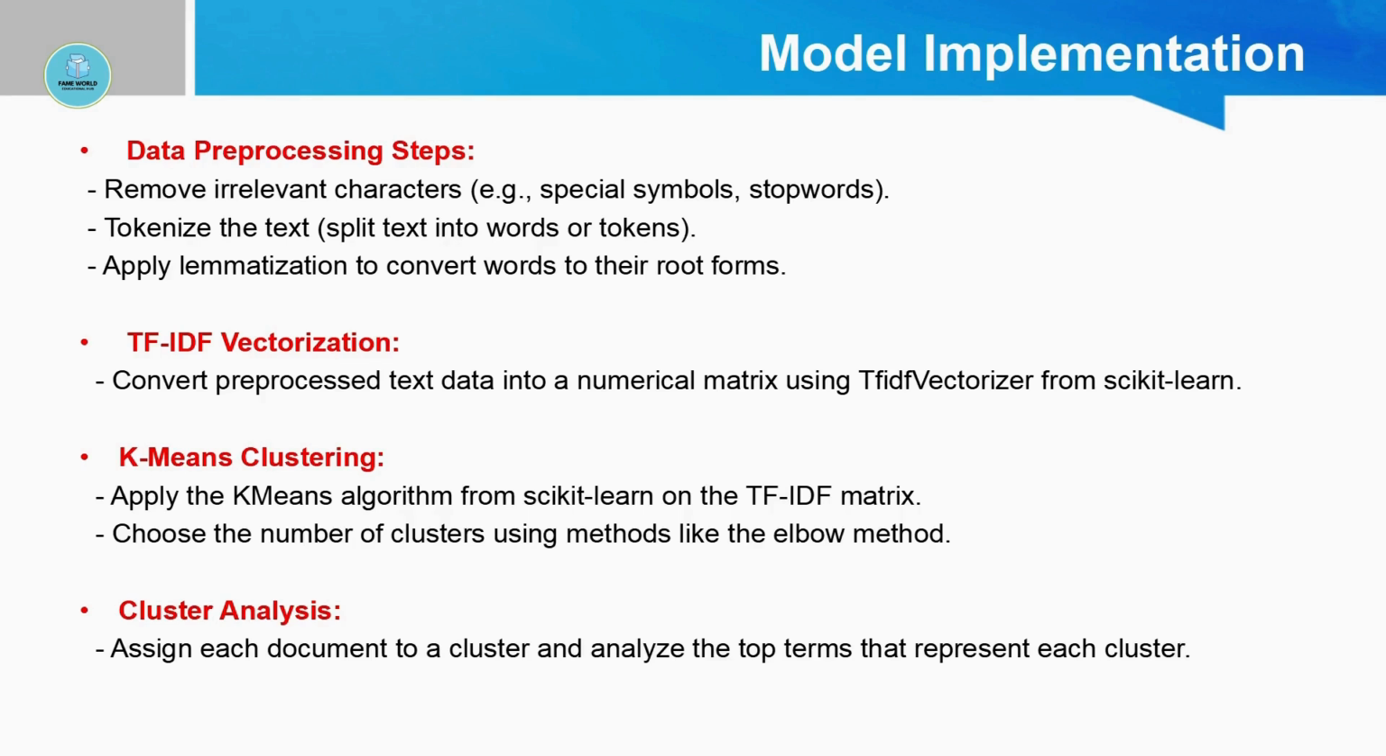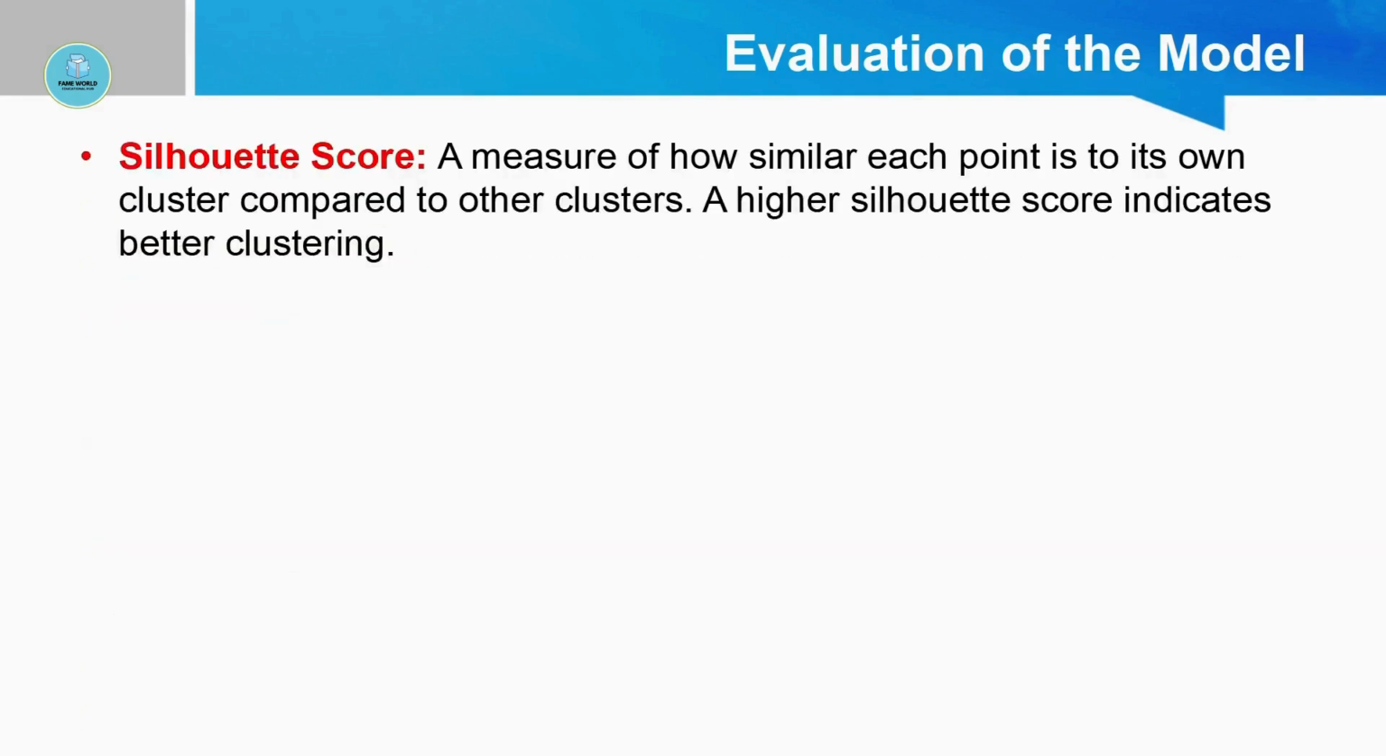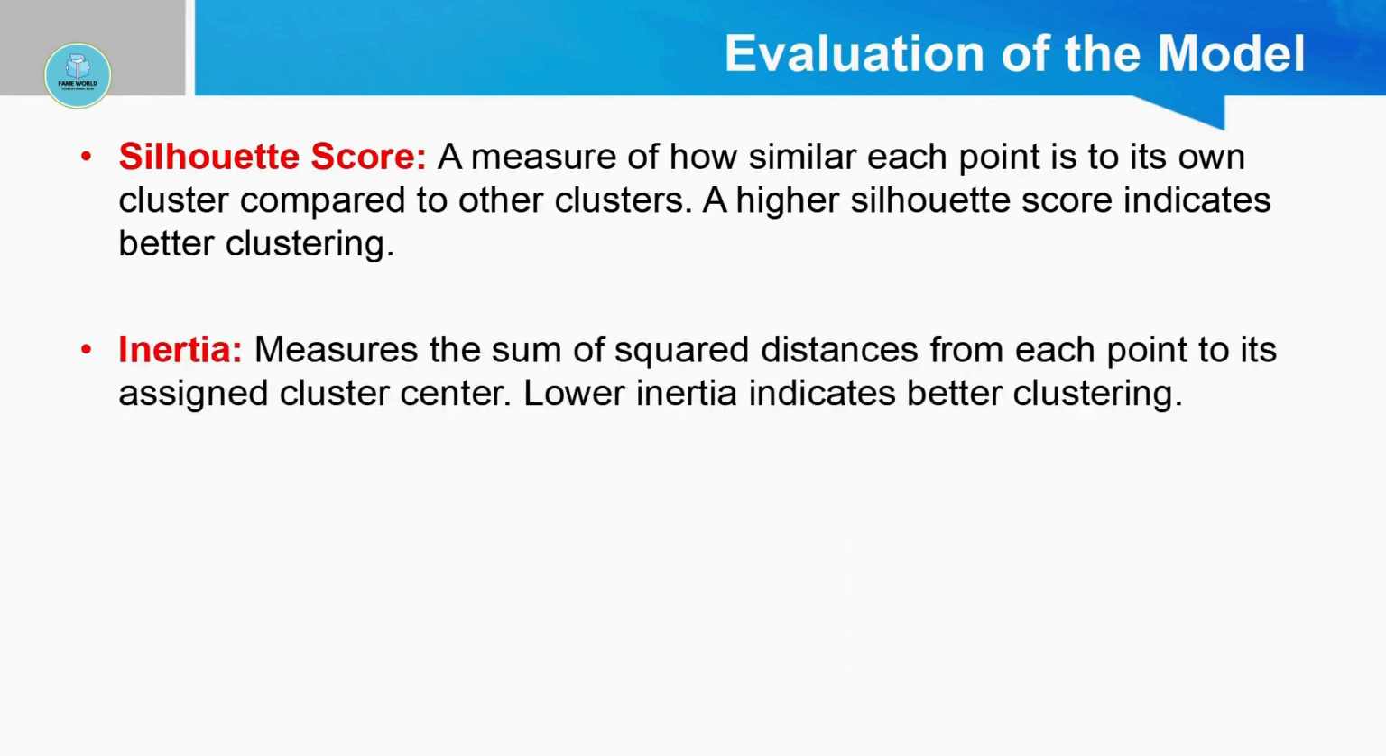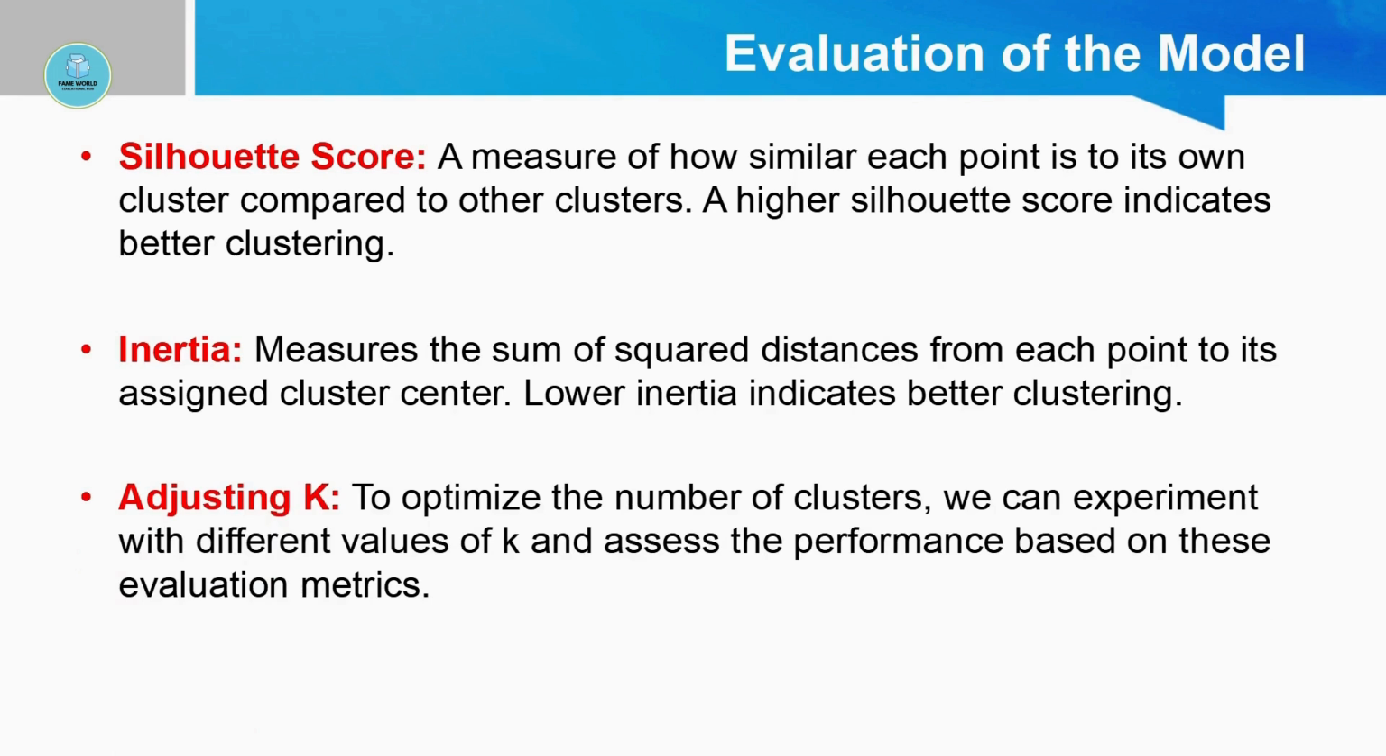To evaluate the quality of the clusters, we use the following metrics. Silhouette score measures how well separated the clusters are. A higher Silhouette score indicates better defined clusters. Inertia measures the sum of squared distances from each point to its assigned cluster center. Lower inertia means the clustering is better. Adjusting K: we experiment with different values of K and evaluate the clustering results using these metrics to find the